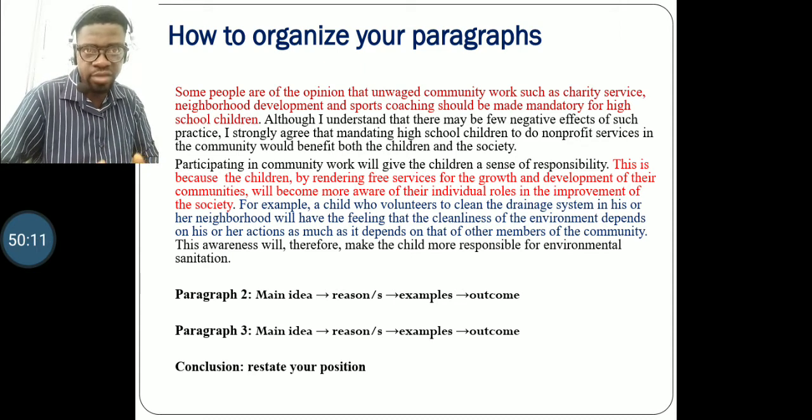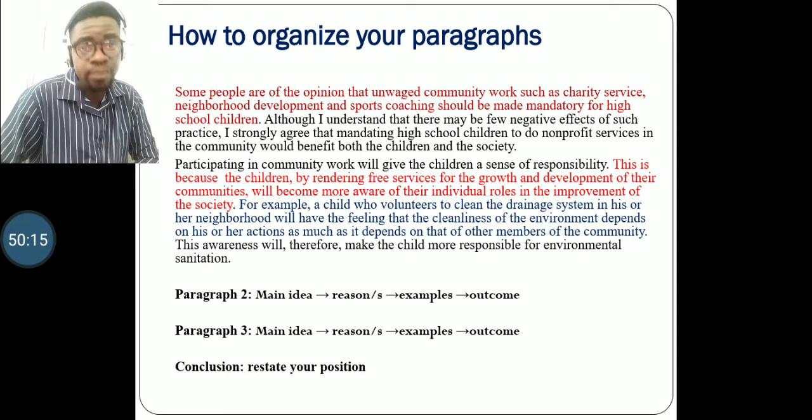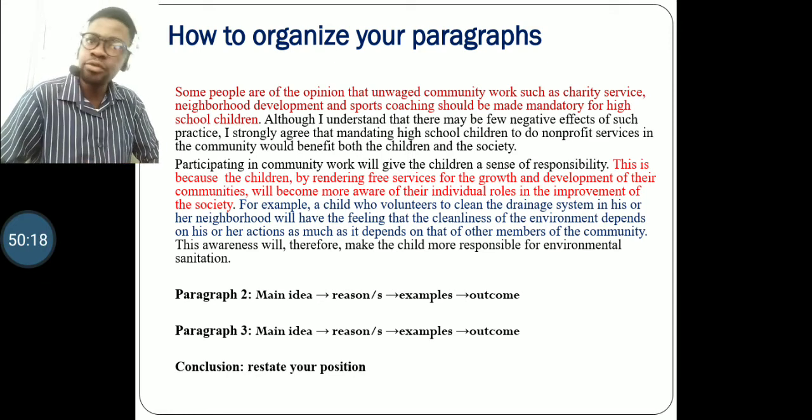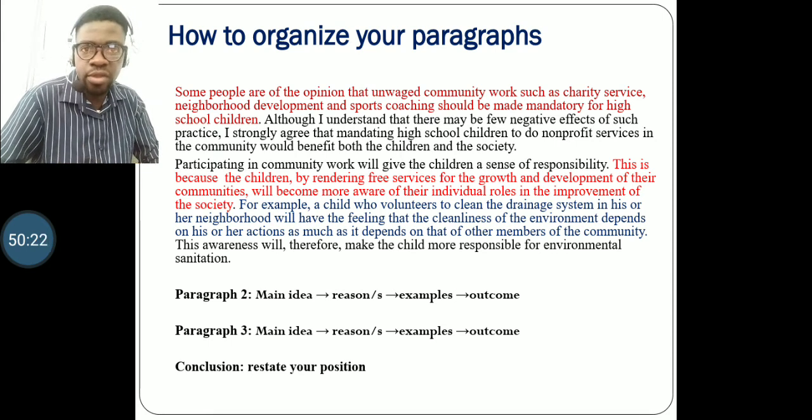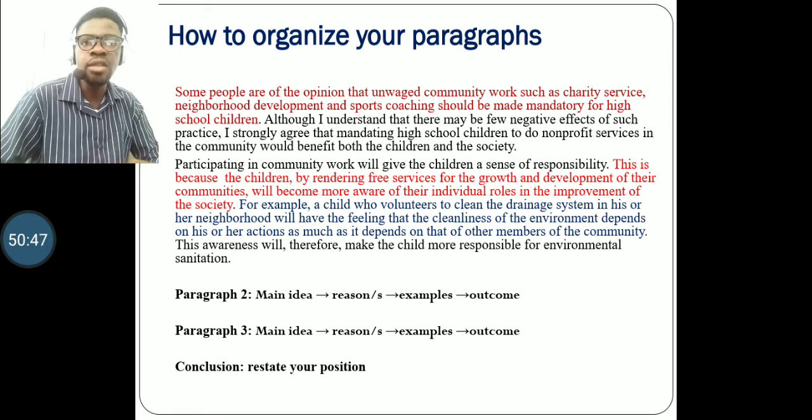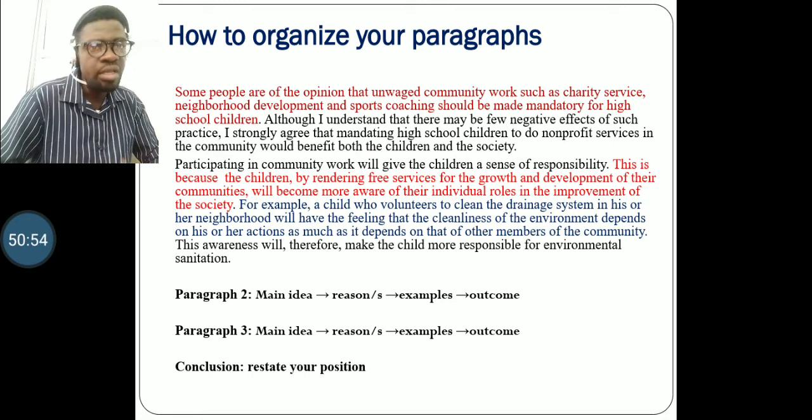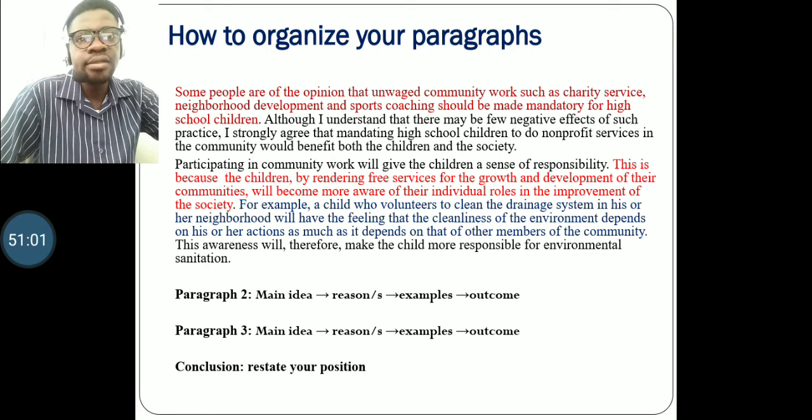So for the 3 paragraphs in the body, which will take the 3 points we have generated, you will have that pattern. And if you choose to disagree, you remember those points we got for disagreement. We said charity work shouldn't be something mandatory or compulsory. And the children might be distracted from their schoolwork. And we also say the children are too young and inexperienced to go out helping others. So each of these points will take a paragraph, and you will develop that paragraph using this simple approach. Main idea, reason or reasons, example or examples, and an outcome, if there's any. All right, so